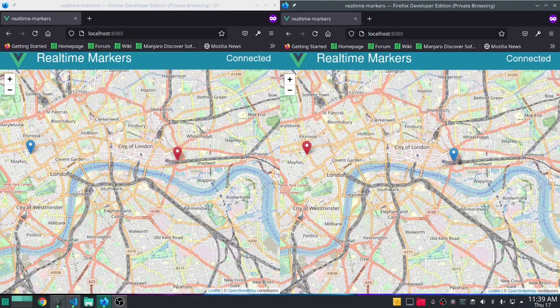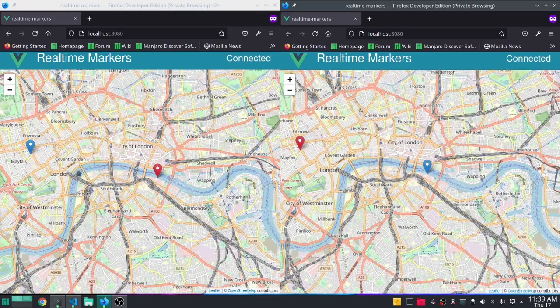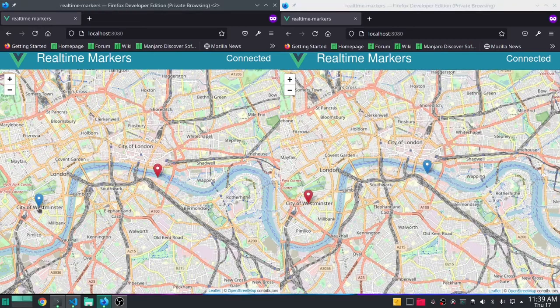So when one user is online, he or she can place a marker, and whenever one of the clients places a marker, all of the clients that are connected to the server will get that marker updated on their map without having to refresh the page or do anything like that. So